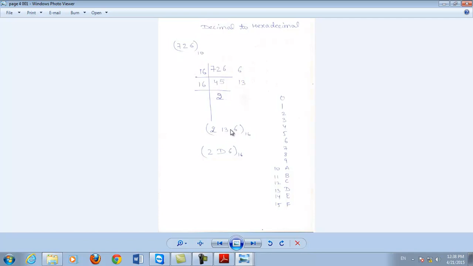But as we already mentioned, hexadecimal numbers contain only 0 to 9 digits and the remaining values will be in alphabets. Means if you want to represent 13, then you have to use the alphabets which are present in the hexadecimal number system. For 10, you can take A. For 11, there is B. For 12, there is C. And for 13, there is D. Now, if you want to present 13, it means 13 is equivalent to D. This is the decimal to hexadecimal conversion.